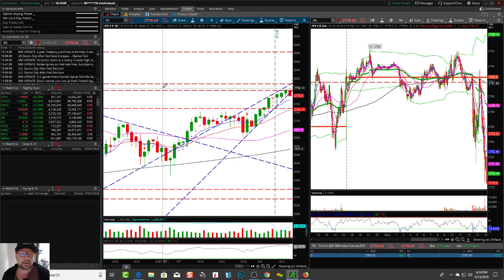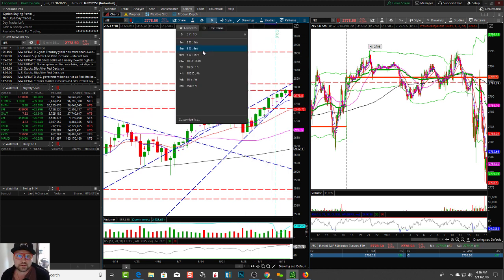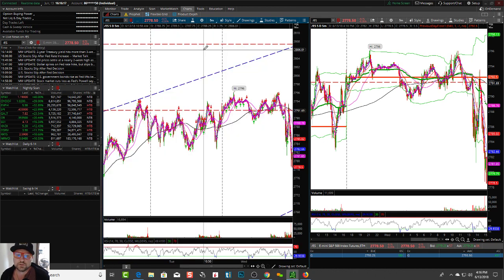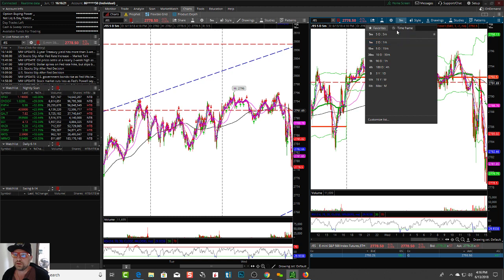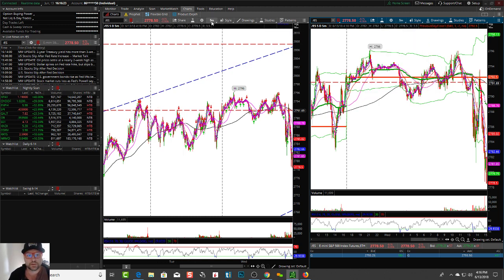When you see a bigger pattern on a chart, what you're going to do is look for a stock to possibly break out or break down from a certain support or resistance level, right? If you're going to be bullish, you're looking for a breakout. And then you want to drill down and go to, let's say, a 5-minute chart, look at the patterns, and then you want to look at 1 minute. I'd put a 1 minute over here and look for the entries, right? So that's how you do trading just in general.